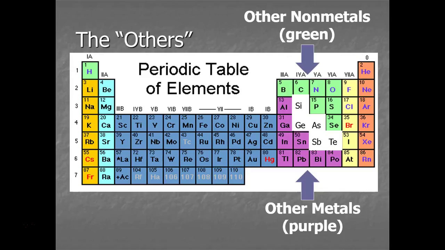Sometimes we call these other elements here, they're kind of in the P block, but they're not part of a special group, and so we call these the others. Sometimes if it's in group 3A with boron, we call that the boron group, and the carbon group, and the nitrogen group, and the oxygen group. But because some of them are metals and some of them are nonmetals, they have a smattering of different properties, and it's hard to group them into formal families like the other things that we have categorized.